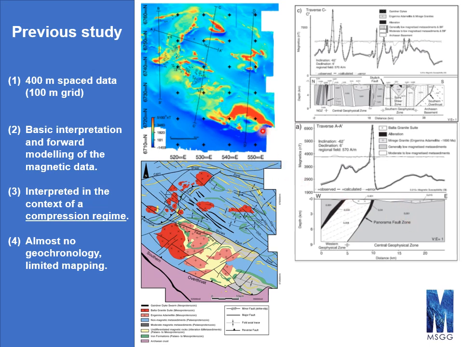So one of the forward models presented here is profile C, which is the one that extends through here, and you can see that the forward modelling is really of the magnetics, and it was modelling steep structures. The other one is a model through this region here, which basically identified this structure through here, which is the Panorama fault, and it was a steeply west dipping structure.